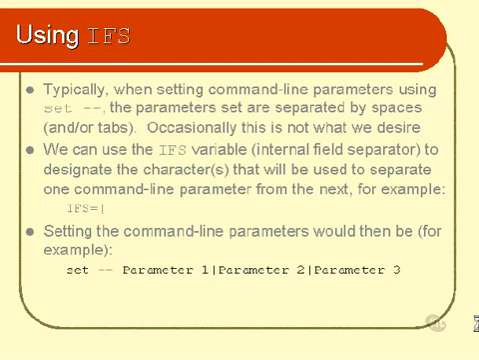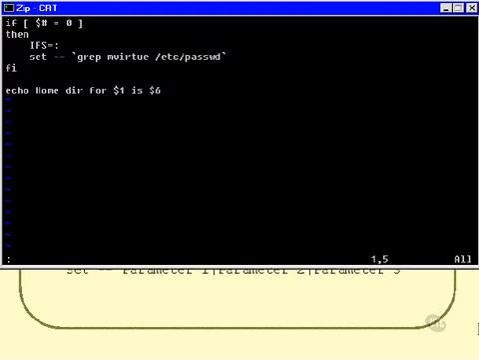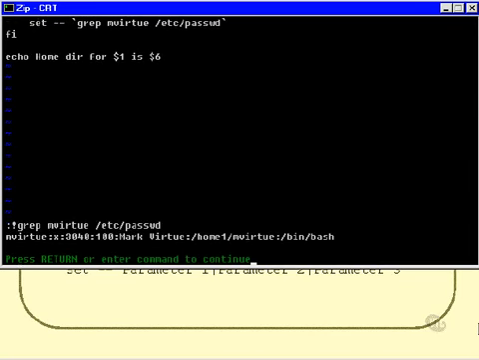Let's have a look at a more practical example using IFS. This is a similar example to one that we saw a little earlier, where we say if there are no parameters on the command line, then we set them ourselves, and then we just simply echo out some of those parameters. Now what I'm actually going to do is get the command line parameters from the /etc/passwd file. So the first thing I'd like to do is actually run this command line and see what it looks like, grep mvirtue /etc/passwd. So let's do that, grep mvirtue /etc/passwd,